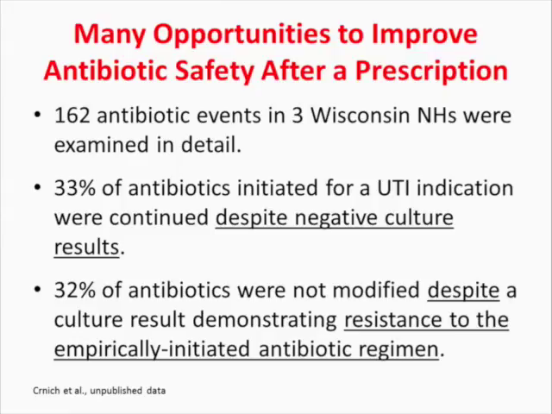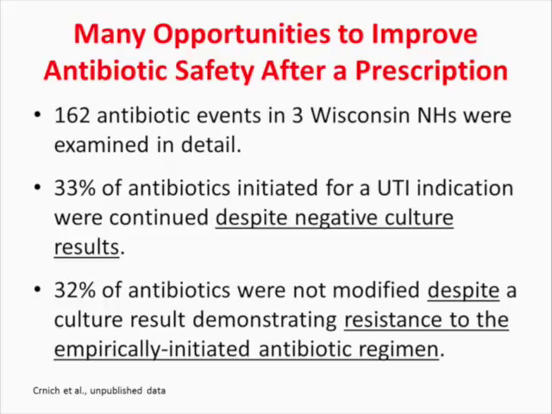And in numerous other situations, we found that the antibiotic that was started could be modified to a less risky antibiotic. So in many situations, the residents were started on ciprofloxacin, which is a broad-spectrum antibiotic that carries a very high risk of C. difficile colitis, when the resident could be changed to a safer narrow-spectrum antibiotic like Bactrim or nitrofurantoin.